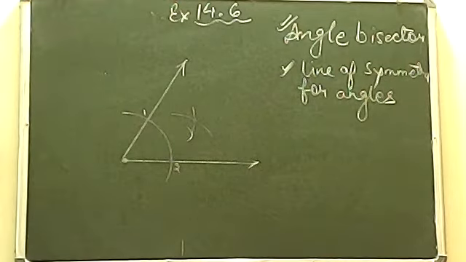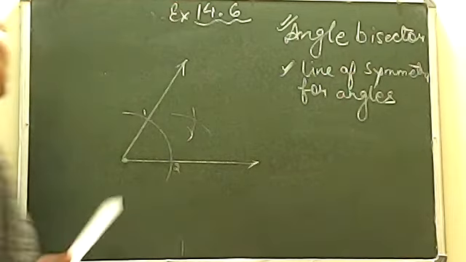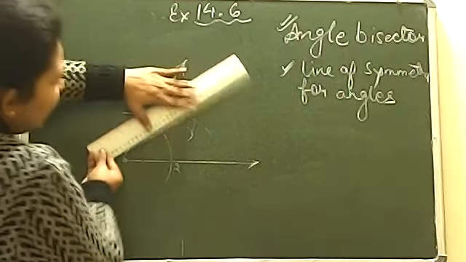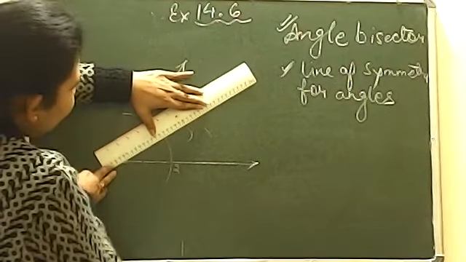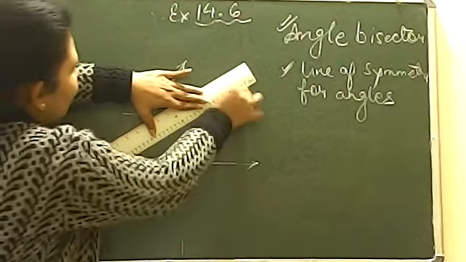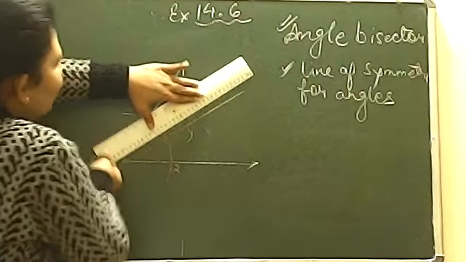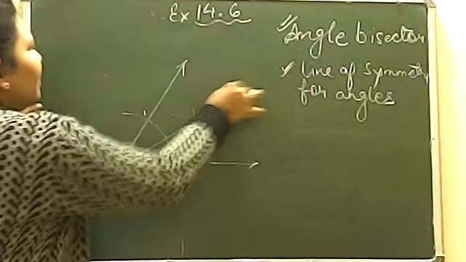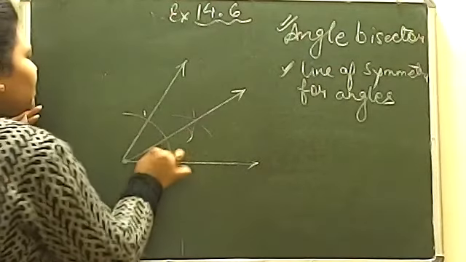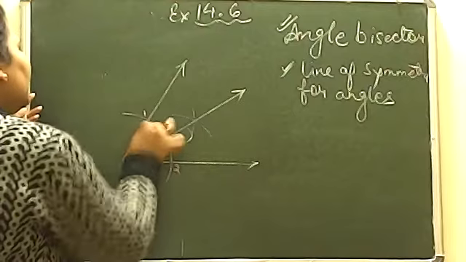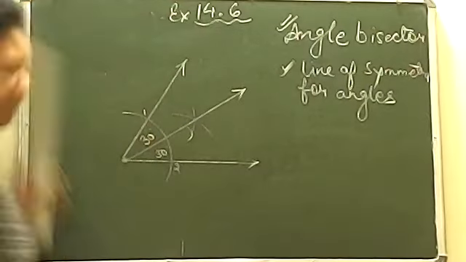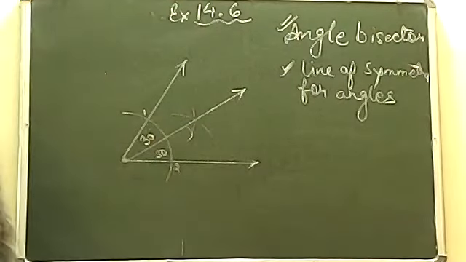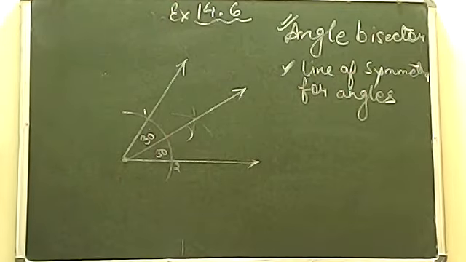Now you also check it. Let me see whether I am getting 30-30 or not. You also check yours. First draw and check whether you are getting 30 degrees or not. This is 30 degrees and this is 30 degrees because I have drawn a complete 60 degrees. Now I have drawn the angle bisector.